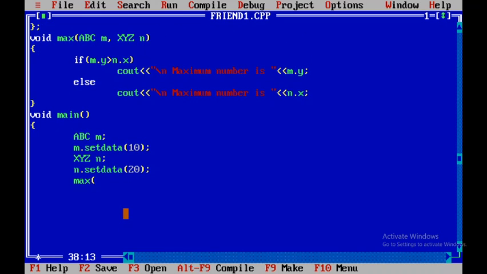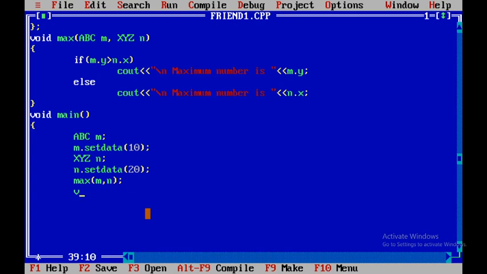Our formal object names and actual object names are the same, so it is easier now. So max of m comma n. m is an object of ABC, n is an object of XYZ. With this we are calling the function.